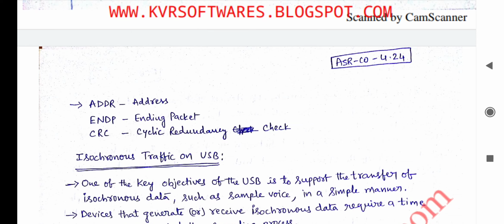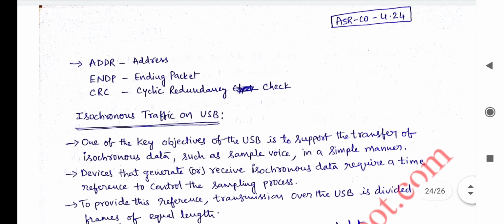See, cyclic redundancy check is one of the error detecting or error correcting methods. Parity checkers are also some of the mechanisms for error detecting codes. Right.